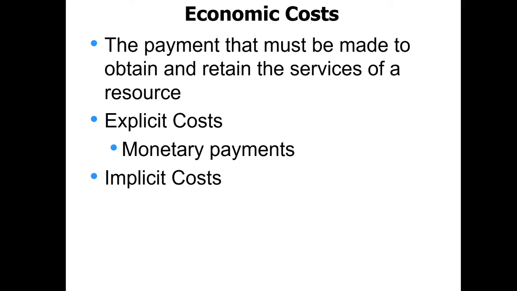If you're going to college, and the college, let's say, costs $50,000, everyone says, well, that's the cost of going to school. I add up my books, I add up my tuition, what it costs to fly back and forth or wherever it is, and that's what it costs me to go to school, $50,000. No one ever talks about what you give up to go to college. You gave up working. Now, granted, you wouldn't be making much money, but let's say you gave up a job of $25,000. Well, the explicit cost of college is $50,000. The implicit cost is $25,000. College is costing you $75,000.